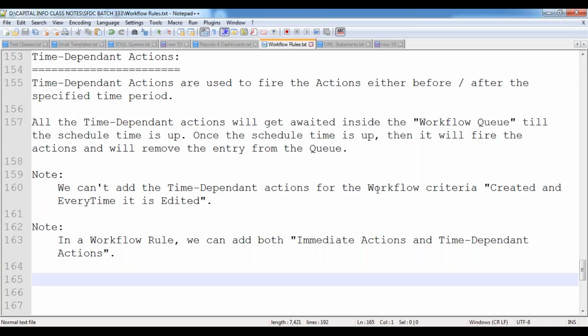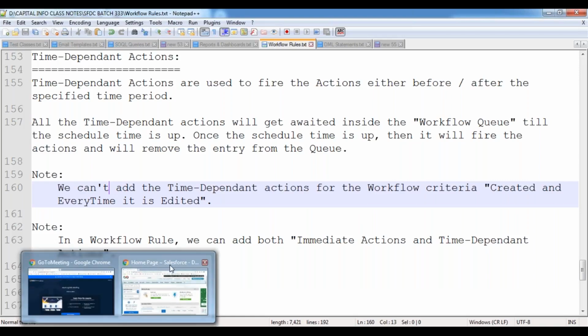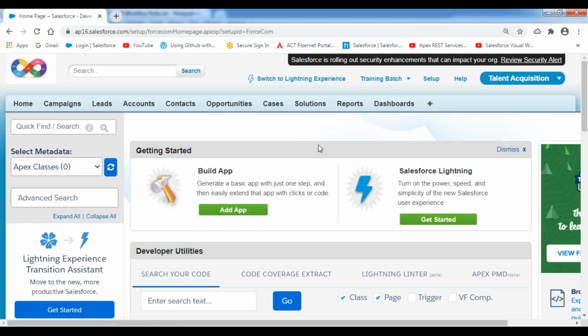Now let's see practically in this case. Let me explain a small scenario, and then I will take up that use case and show you the practical part. How can we implement that scenario? We'll see the practical part also. For example, assume that